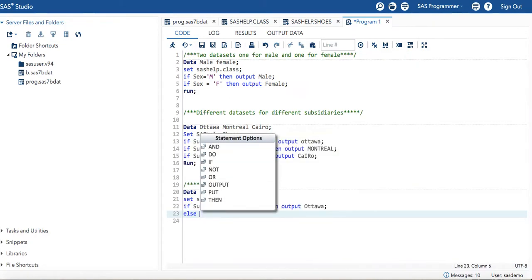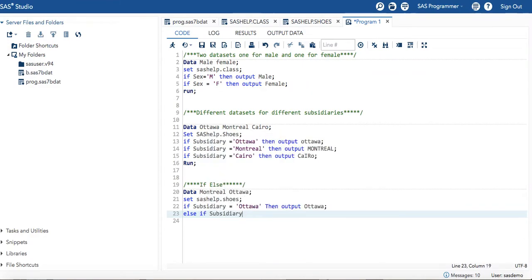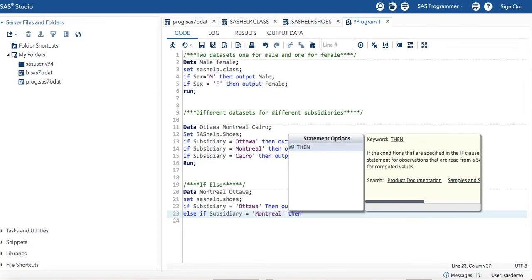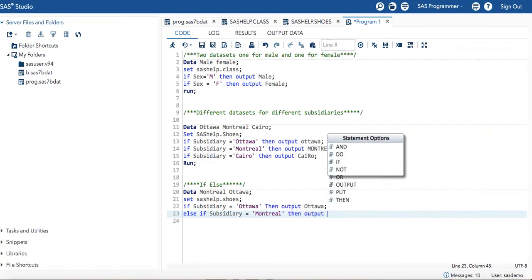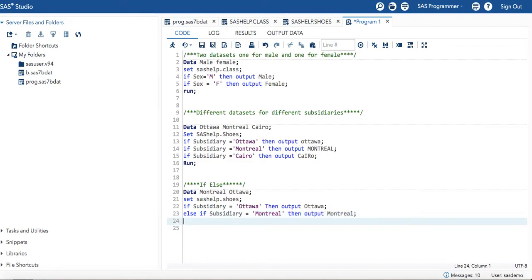You can write else if subsidiary equals Montreal, then output Montreal. Now I can say run.